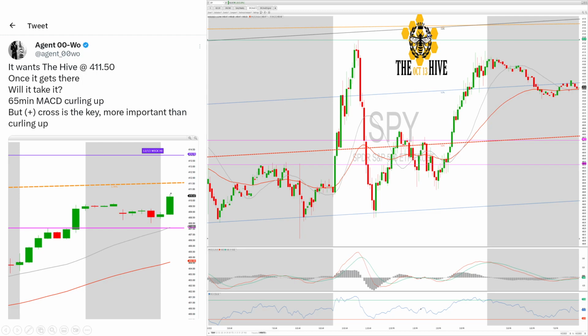Did you know, right here, SPY 411.50, this yellow line, that is the hive. We have arrived. But actually, this morning, even though I kind of tweeted it, we didn't touch the hive. It did not technically reject off the hive. It technically didn't even reject off this black channel line either. It didn't quite touch it.